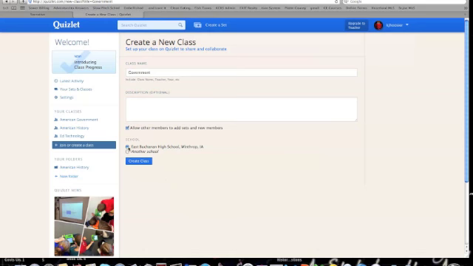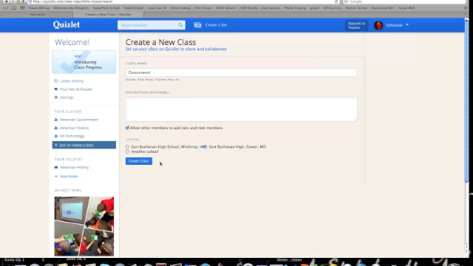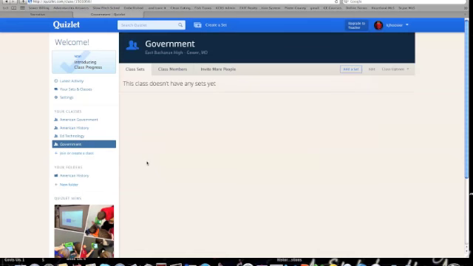Oops, looks like I messed up, so we're going to try this one more time. All right, got it that time. So I'm going to create this class now. And as you can see, this class doesn't have any sets. As a student, when they log in and create their account, they would go to join or create a class right here where my cursor is. Then you would just go to search Quizlet. I would give them my username, and then they could just hit join my class. And once I accept them to my class, they would have access to all my sets,